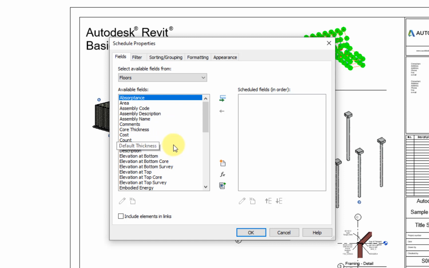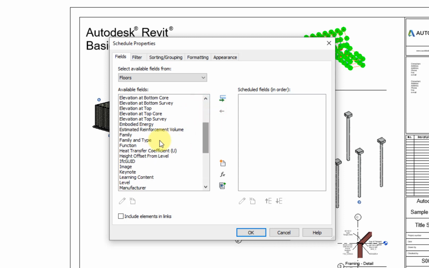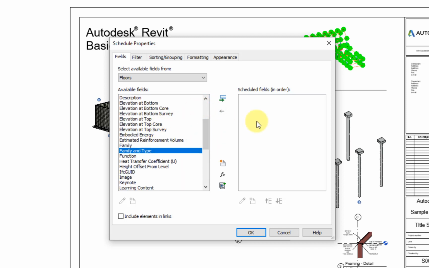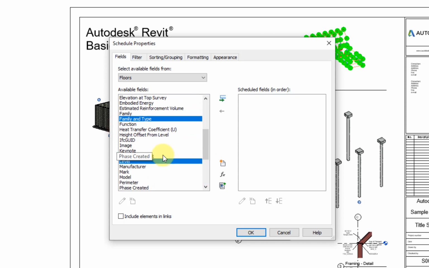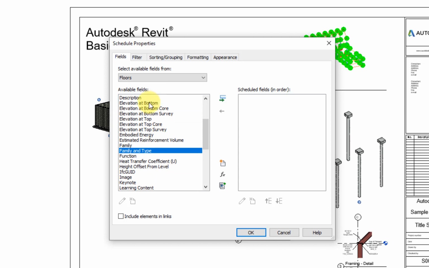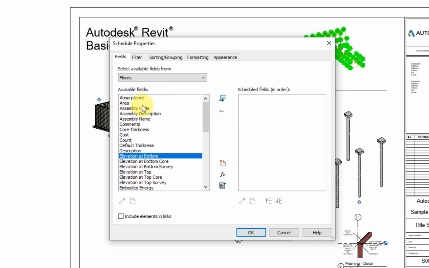I kind of did a list on my own, and of course you're free to make your own list of the fields. And these fields will be the columns on the schedule, and the rows will be the elements in the model. So I'll start with family and type. And then I can select multiple fields to move from left to right while holding control. So I'm holding control now, and then select level, and then keep holding control to select elevation at bottom, and then area, and then volume,